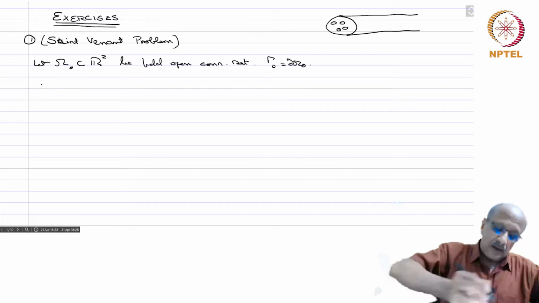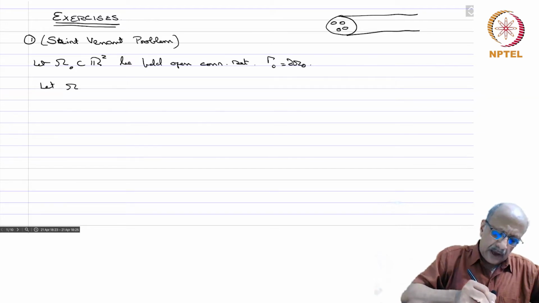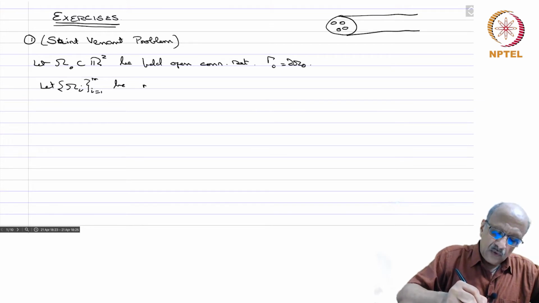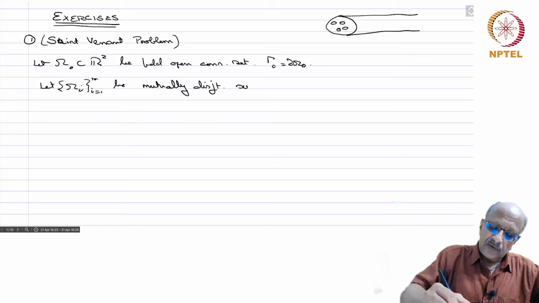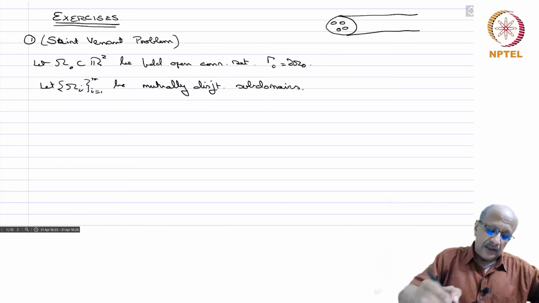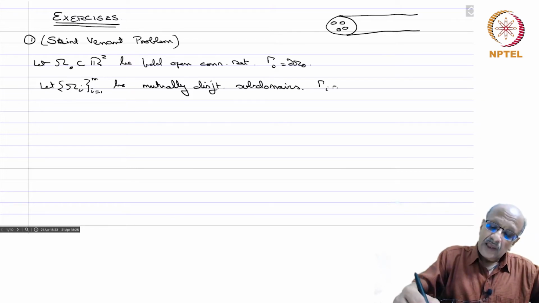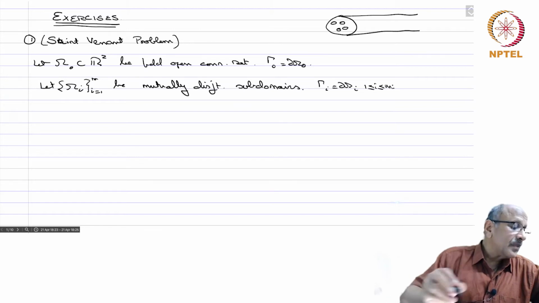Let omega I, I equals 1 to m, be open, mutually disjoint subdomains. That means they are also open sets and they are connected themselves. Okay. So gamma I equals d omega I, 1 less than or equal to I less than or equal to m, and we write